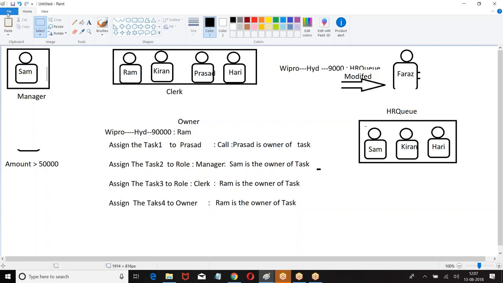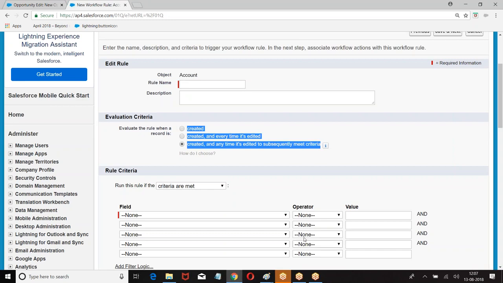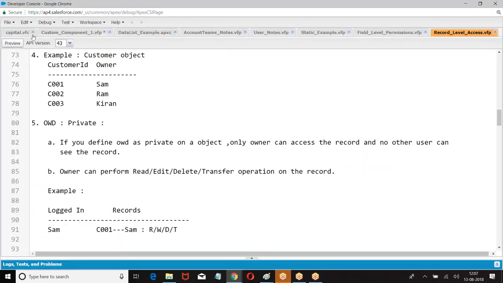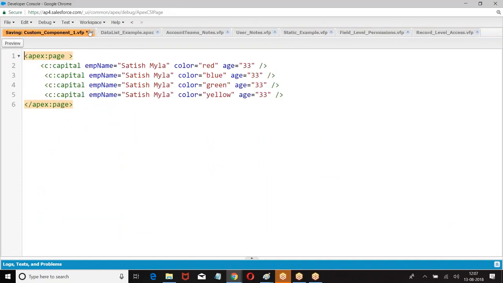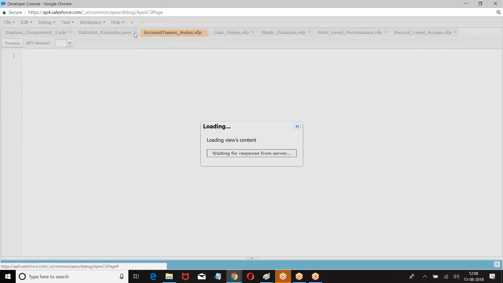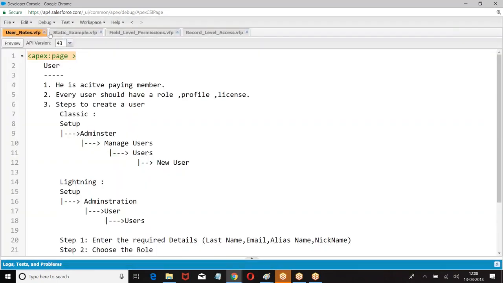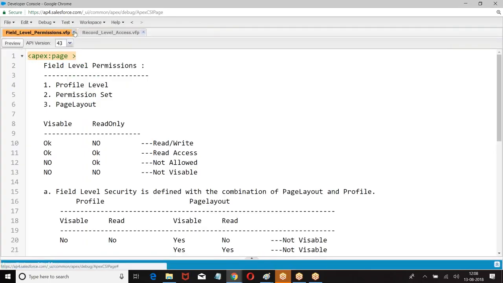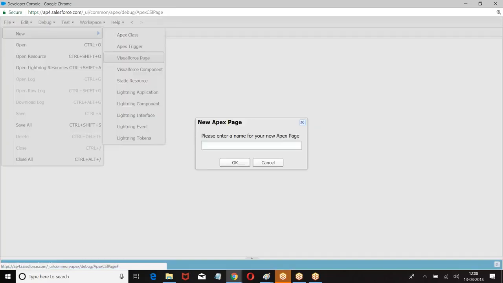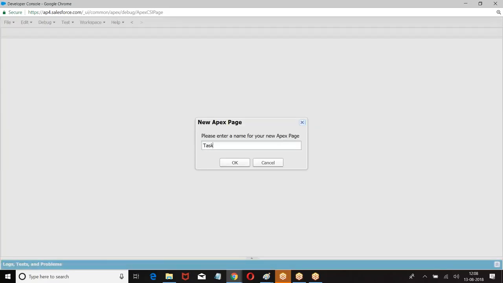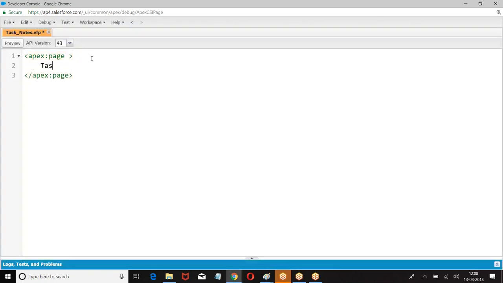So basically, let me revise all the points once again. First, it is a standard object. It is a part of activities.